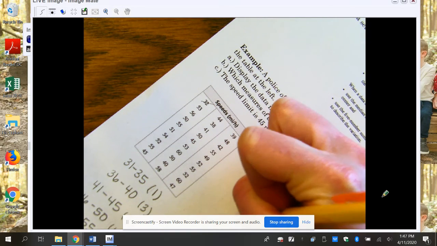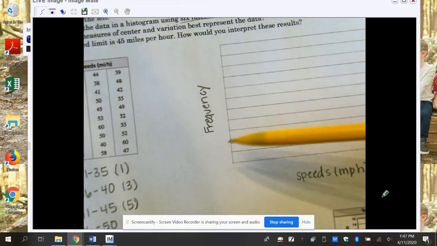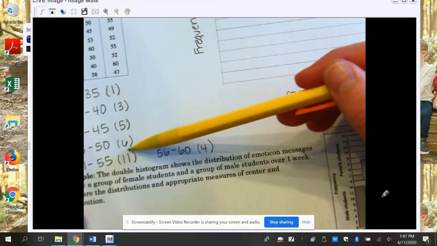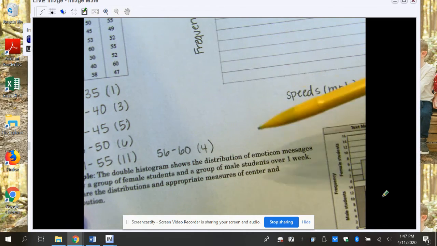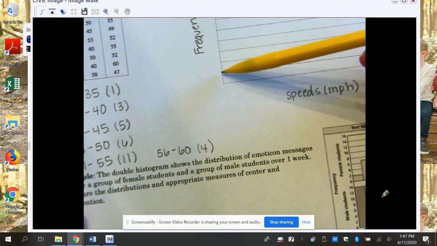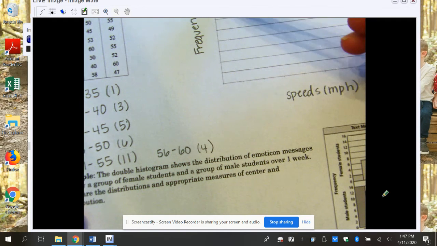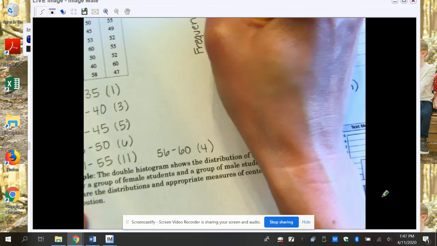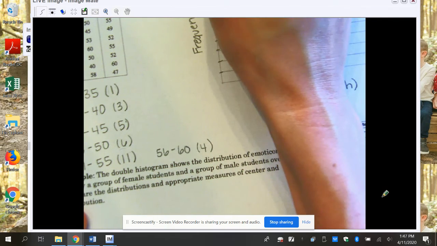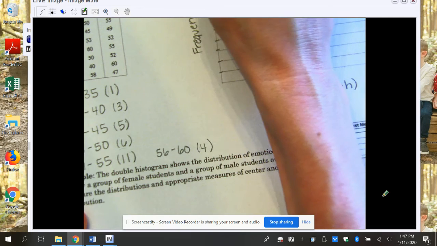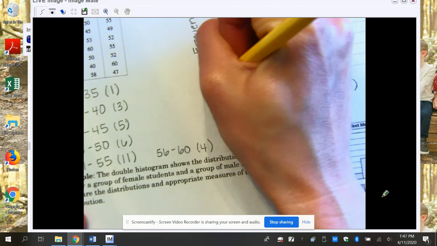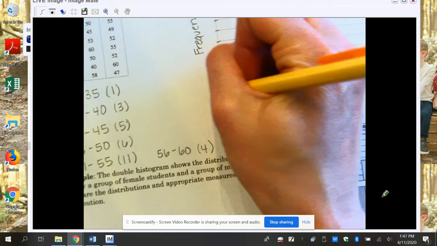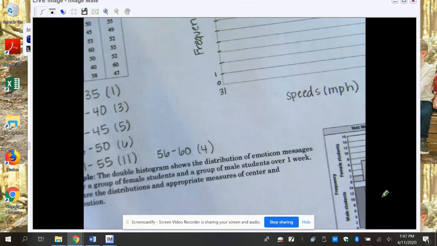Okay. And so again, when I am trying to determine what I go by, it looks like my highest value is 11. And so if I go 1, 2, 3, 4, 5, 6, 7, 8. Good. So I've got enough to just go up by 1. So that's going to be the best thing to do. That way we can use our entire graph. Okay, so that is going to represent 0 for the frequencies, but then remember I want to start with